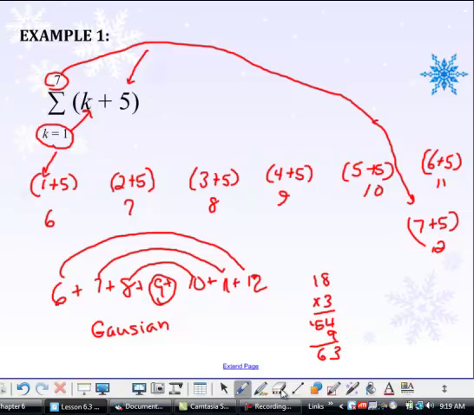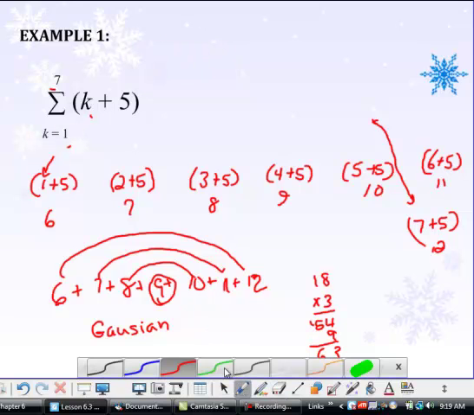So the sum of all this is 63. All right, so if I were to erase all that, I would say the sum of all this equals